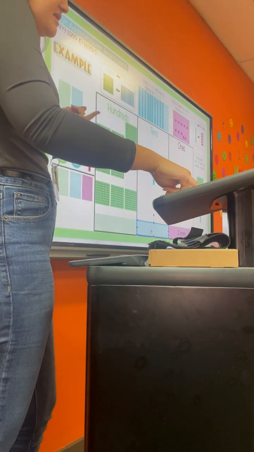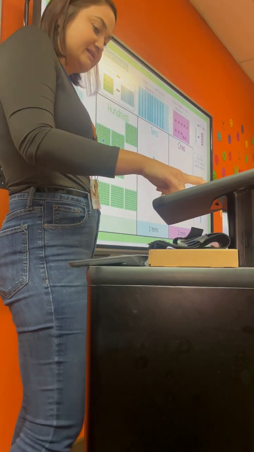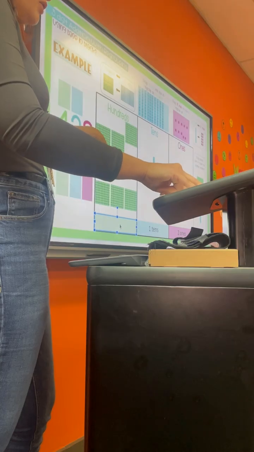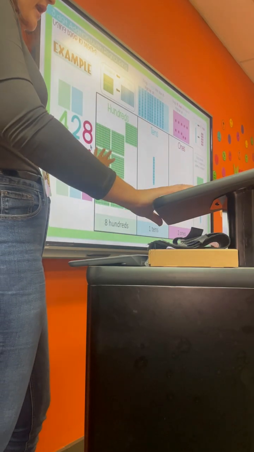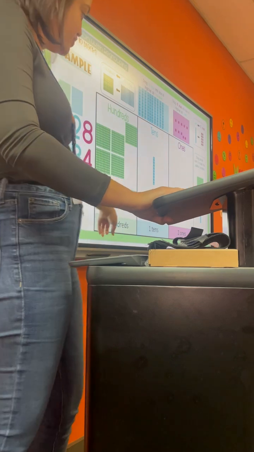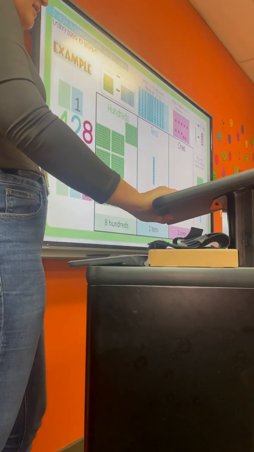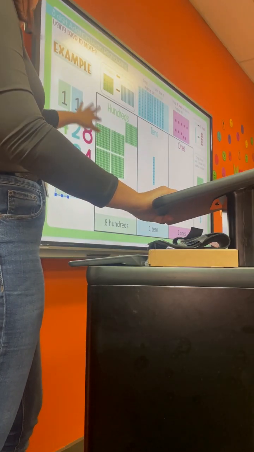I now have 1 10 in my tens place, so we will write 1 tens at the bottom. I'll then count my hundreds I have in the hundreds place. I have 8 hundreds in total. So I'll write at the bottom 8 hundreds. The total is now showing 812 as my answer. Now that our tens is in the tens block and everything is solved, we're going to do it here with